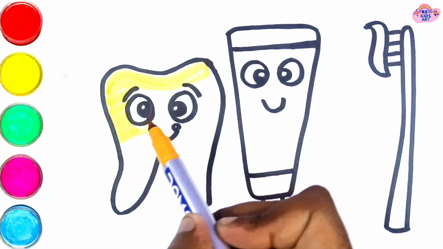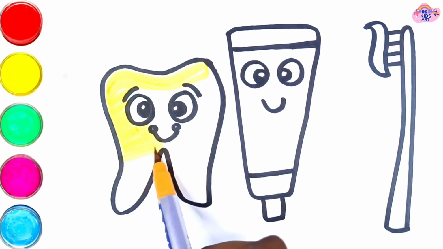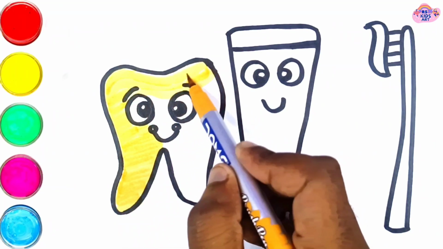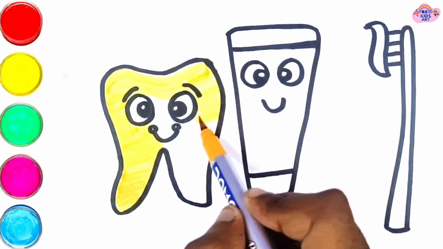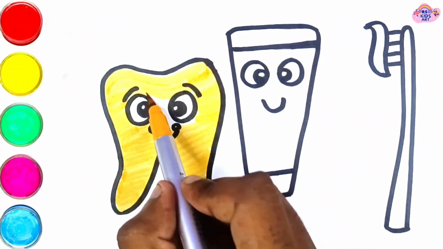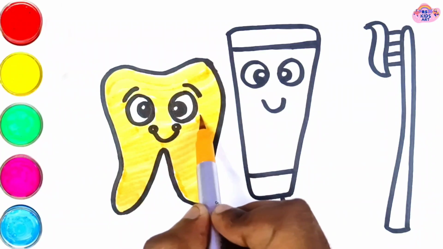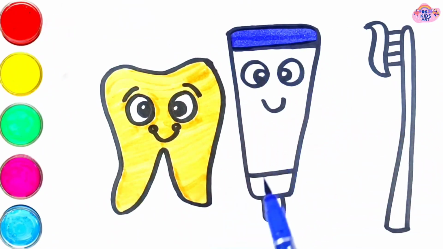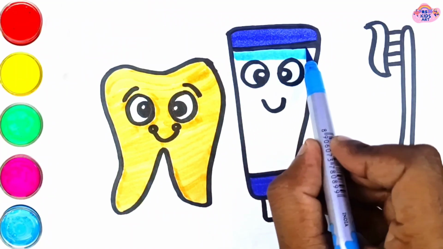Do you know the Muffin Man, the Muffin Man, the Muffin Man? Do you know the Muffin Man who lives on Drury Lane? Yes, we know the Muffin Man, the Muffin Man, the Muffin Man. Yes, we know the Muffin Man who lives on Drury Lane. Dark blue color. Blue color.